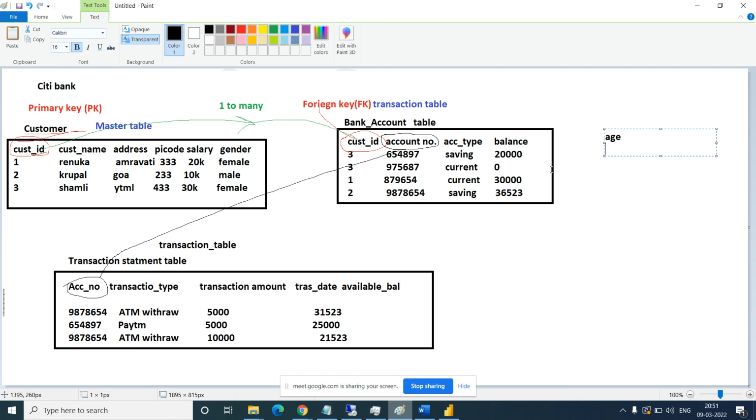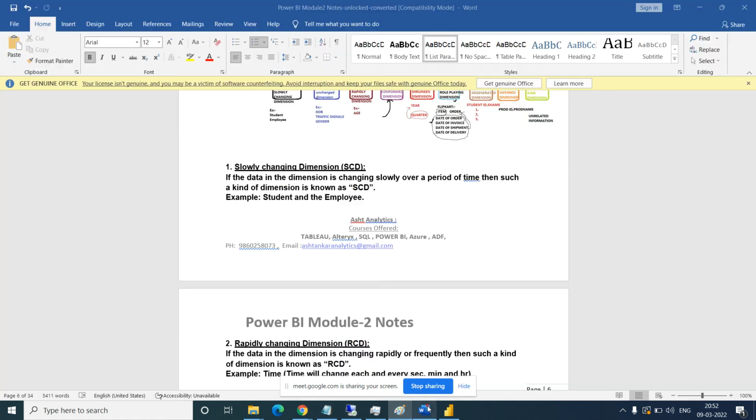Okay, transaction date, last transaction date. Yes. Let's say there is a last transaction date. You did one transaction just 2 minutes before, again you send me some PhonePe transaction. It means your last transaction will change very frequently. It means it is a rapidly changing dimension, that is RCD. Okay, this is one of the examples.